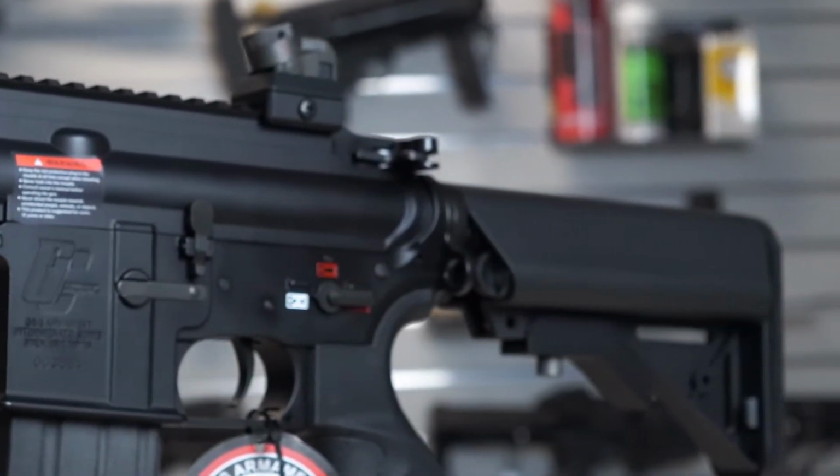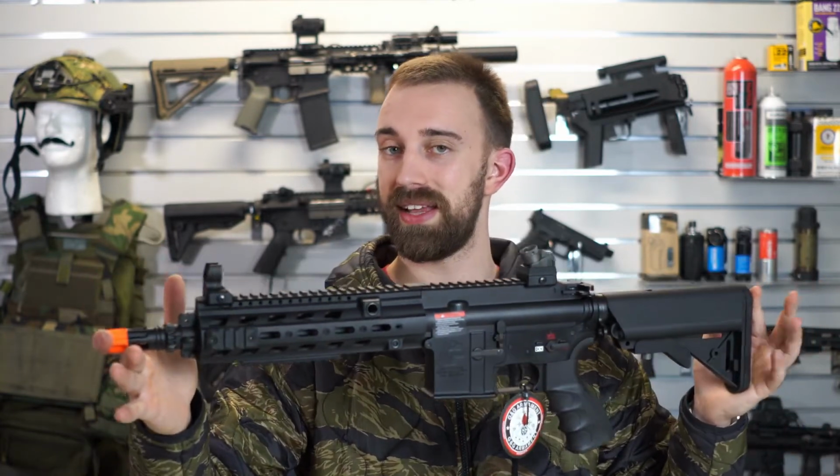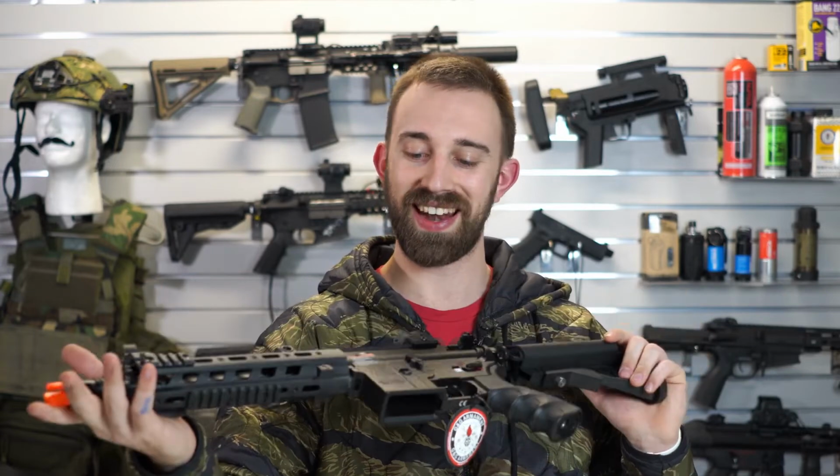It's just a unique style of rifle that traditionally the 416 style only has one license holder, which is Umarex. So the official licensed 416 replicas are only available from Elite Force or Umarex. So it's definitely unique that we have something that is similar to a 416, that is unlicensed, that is sitting below those